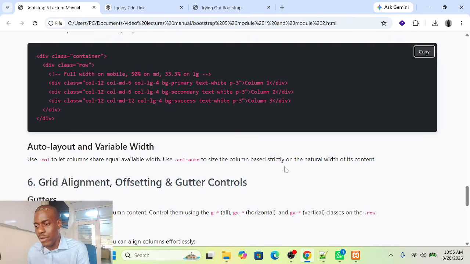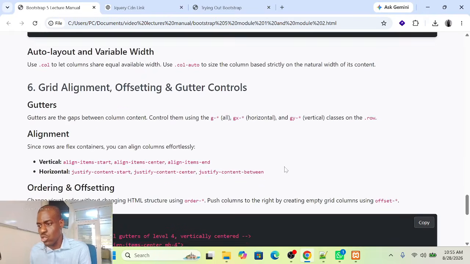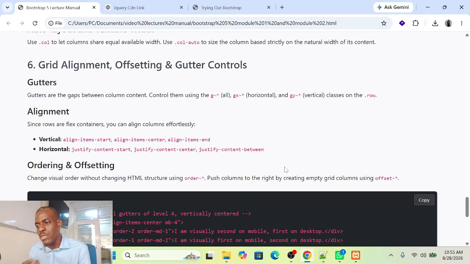I believe that I'm very clear. Then we now have what we call grid alignment, offsetting, and gutter controls. Gutters are the gaps between column content. Yes, use gutters to control the gap between what? Column content. Control them using g-all, gx for horizontal and gy for vertical on the .row. Now, what we are saying here is that on columns, you use the g-1,